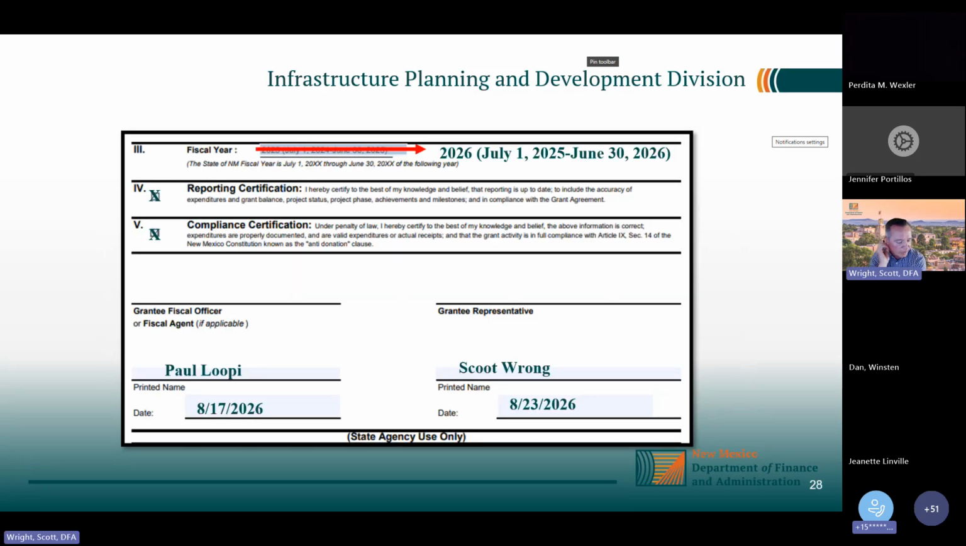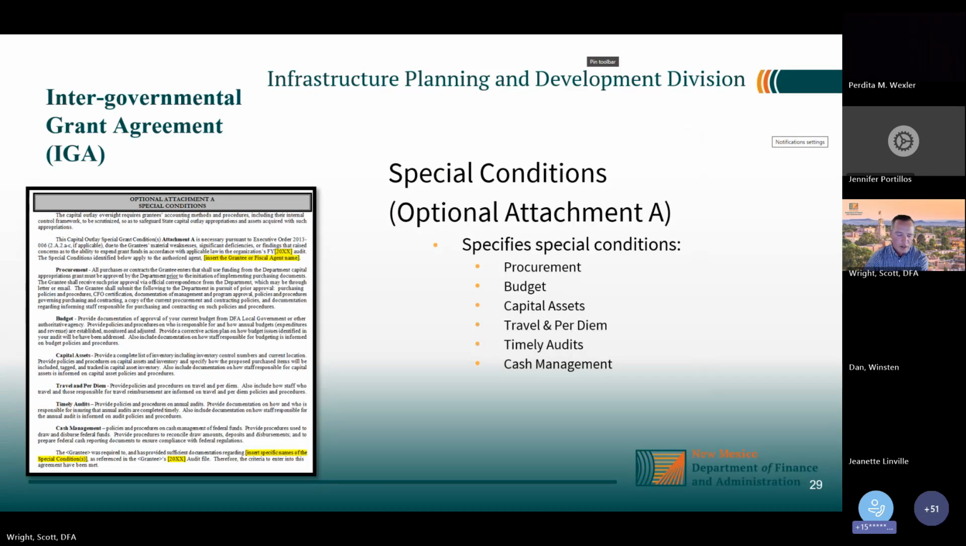We should have a drop down on the pay request form for all the FY 2025 projects. The state's fiscal year does start July 1st and it goes through June 30th. So fiscal year 26 is July 1st, 2025 through June 30th, 2026. Some state agencies may require special conditions. This is a template that's used by some state agencies. Some may use it, some may not, but